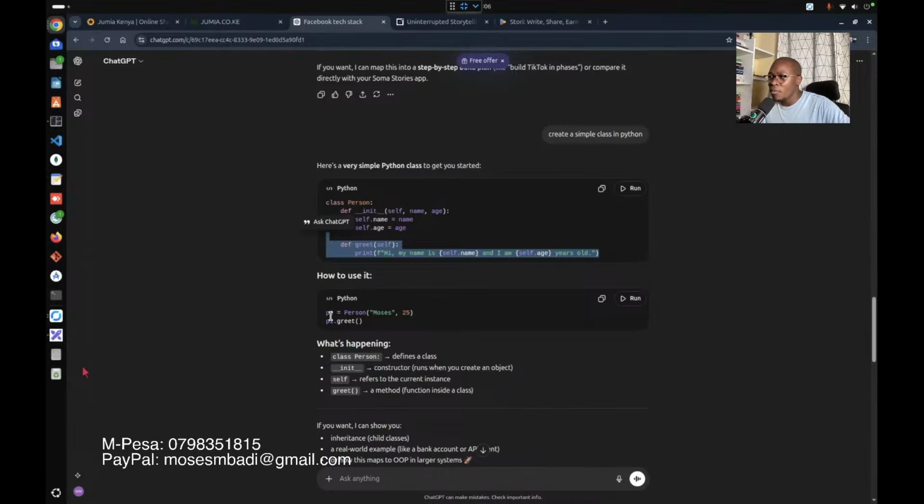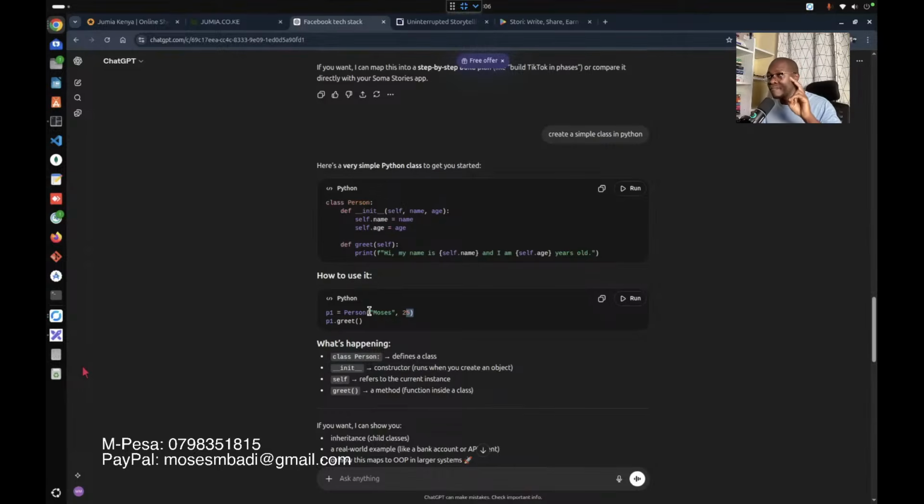So here we are creating a variable called person1, and then we are creating an object of this person right here, and then you are passing in Moses and 24, and then pay attention to this, we are calling the greet function. Okay, nowhere have we called the init function. So that is what they mean by saying it runs automatically when you create. Okay, so we've not called it anywhere.